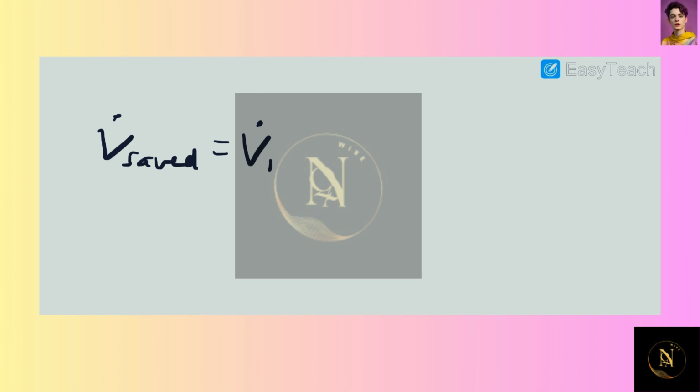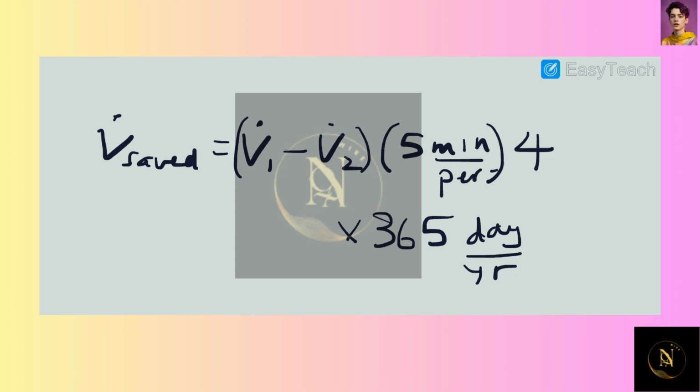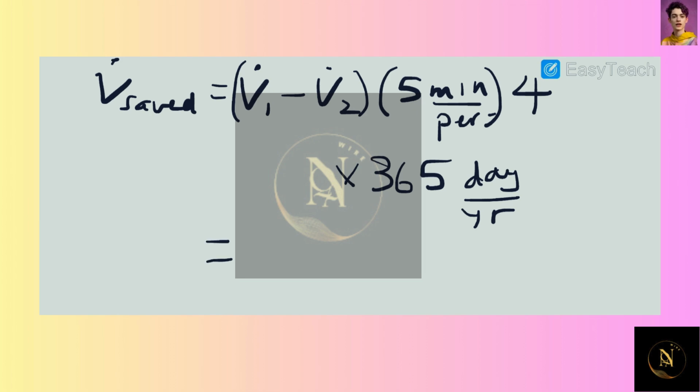to the original volume flow rate minus the new volume flow rate multiplied by the time it takes to shower for one person, and that's 5 minutes per person. And remember that we have 4 people, so there's 4 persons, and multiply this entire quantity by 365 days a year. And what this gives us is that we've saved the total volume flow rate equal to